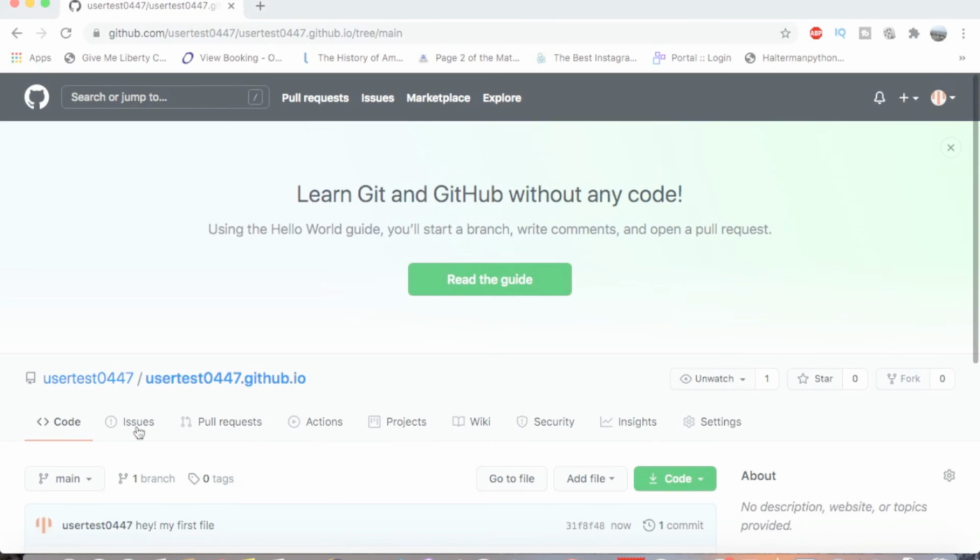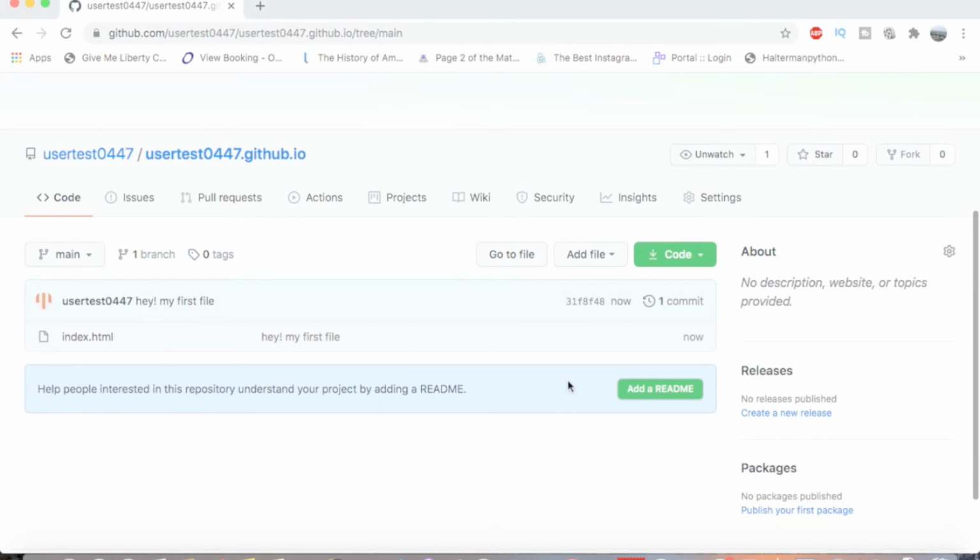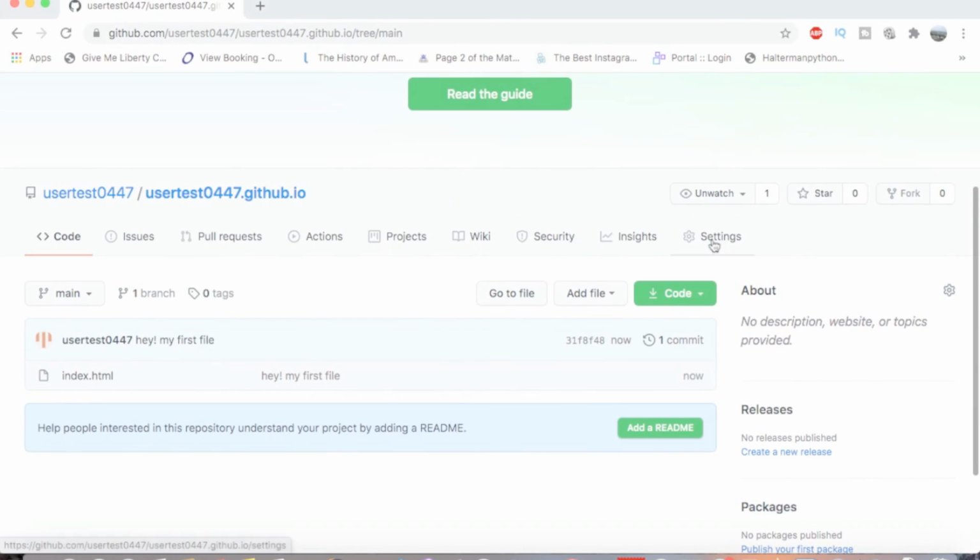At this point, what we have done is we have created a repository, and inside the repository we created an HTML file, and we have given a commit message saying, hey, my first file. So this is the first file. Now I'm inside the repository, and I'm seeing all my files inside this repository, and I'm going to go to the settings,